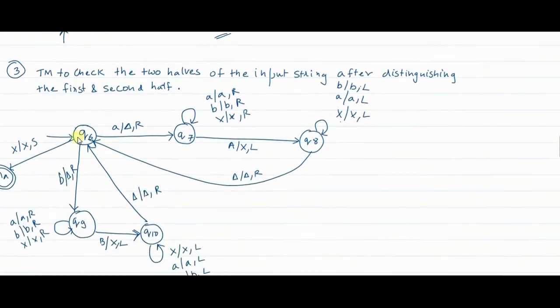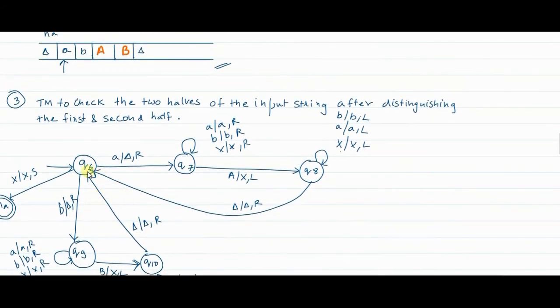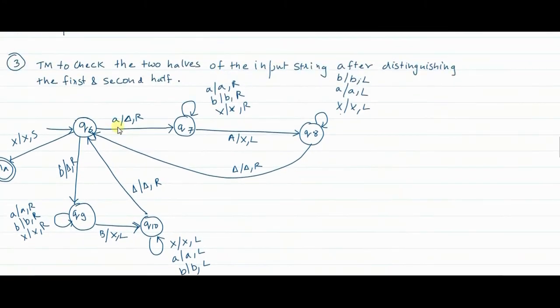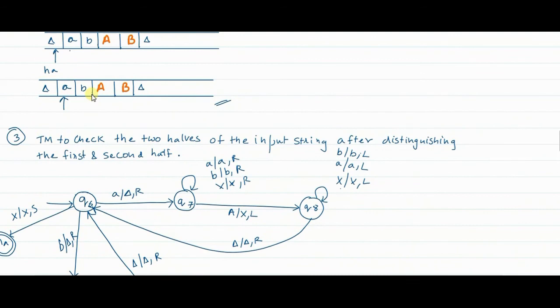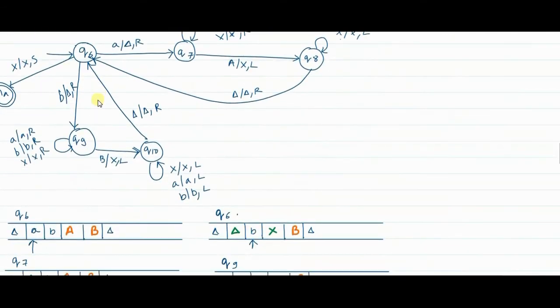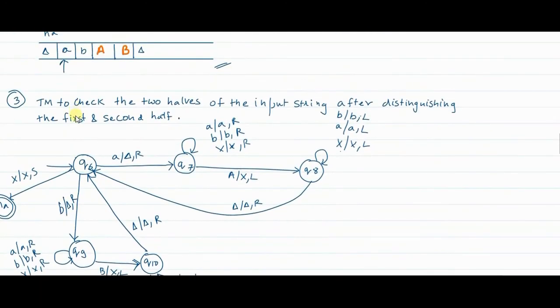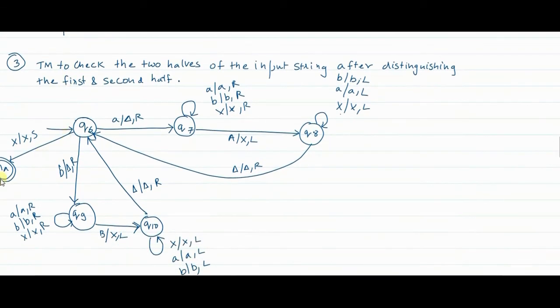This was then given as input to the third Turing machine. The third Turing machine, through these two loops, ensured that every small a was matched to capital A, and every small b was matched to capital B. Finally, after matching, when X is encountered in state Q6, that means there are no small alphabets remaining to be compared. It simply means that the original string which was given is SS, correct, and that's why it goes to the halting state.